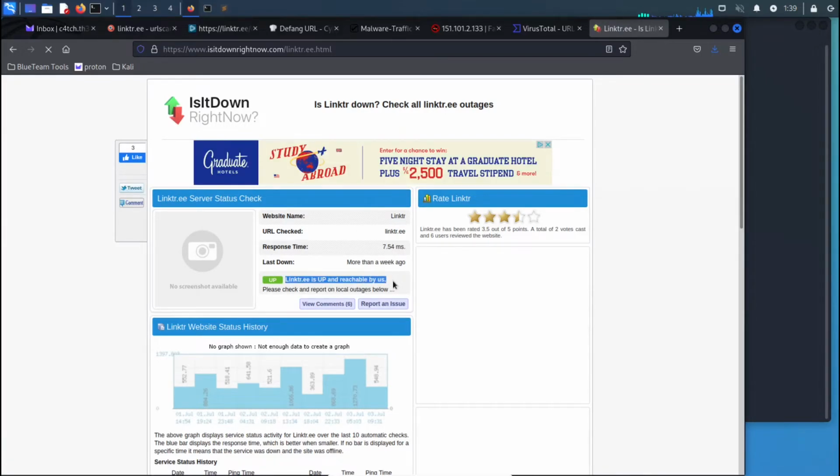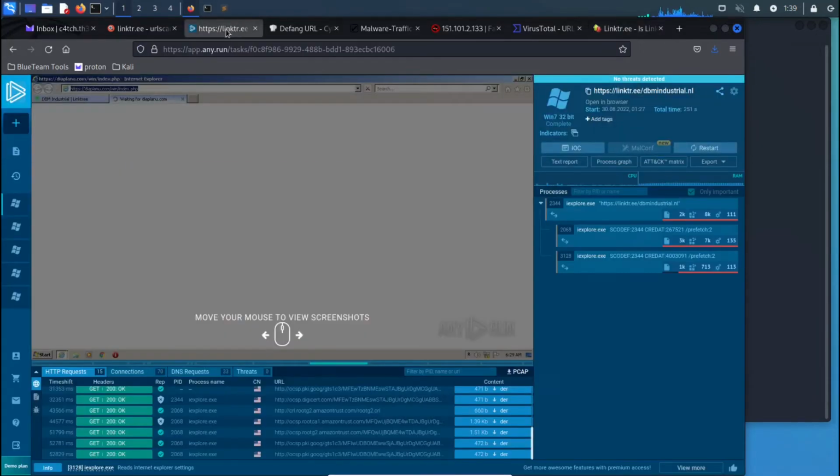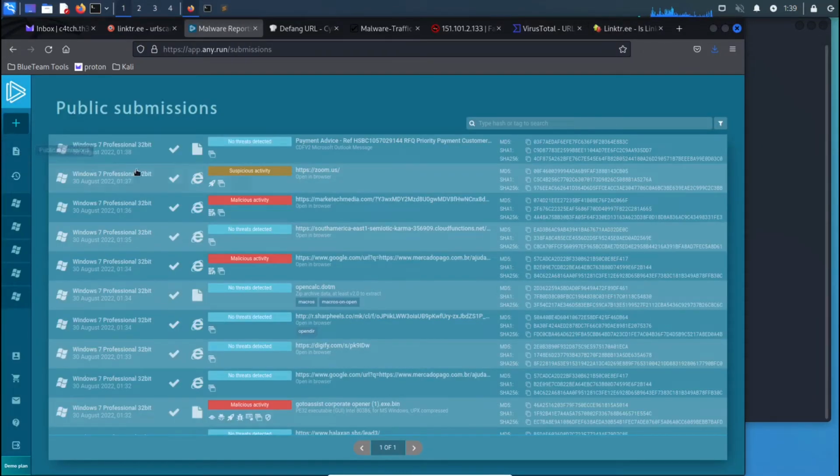So it's alive, I mean, because we browsed to it, but probably in the next couple of days it will be down. So that's how we actually use it to investigate those URLs. You can take a look at Any.Run and try to go and explore more, like if you use the public submissions that I showed you in the beginning, even if you don't have an account,